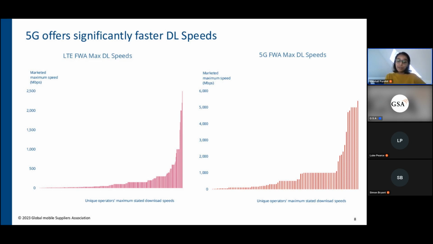Impressively, since the last update, a few more services offer speeds advertised up to 5 Gbps, with one even offering 5,400 Mbps. Although these are advertised maximum speeds and are not guaranteed, it is clear to see why the introduction of 5G has helped fixed wireless access to accelerate its growth and become a more compelling service offering.